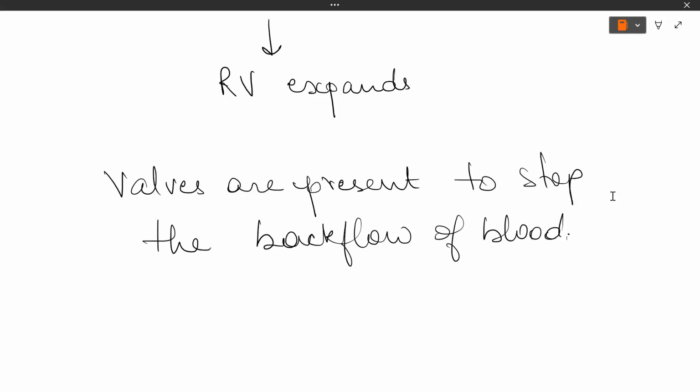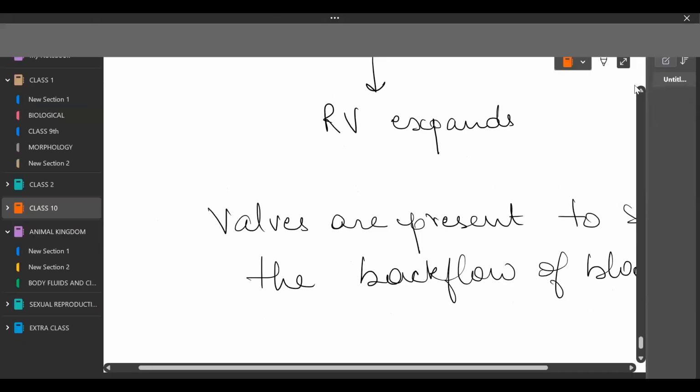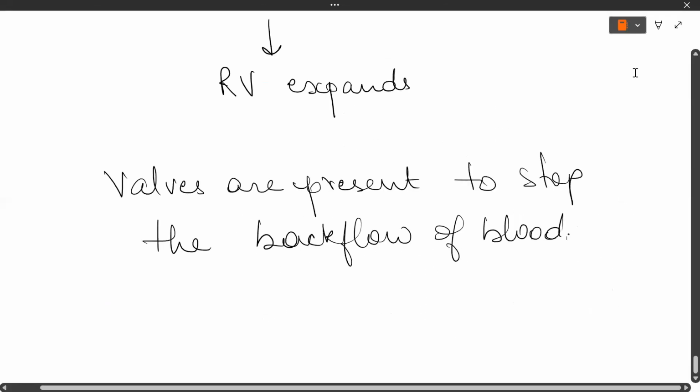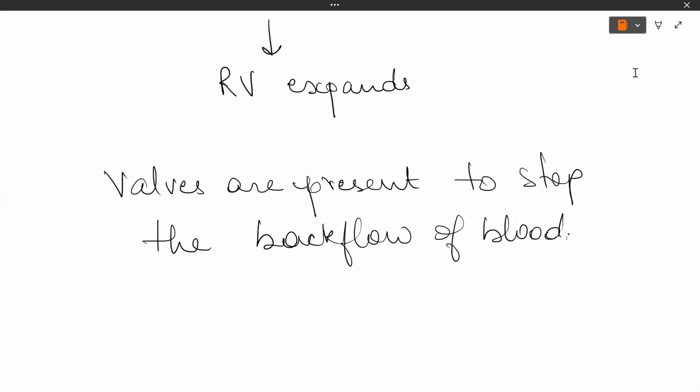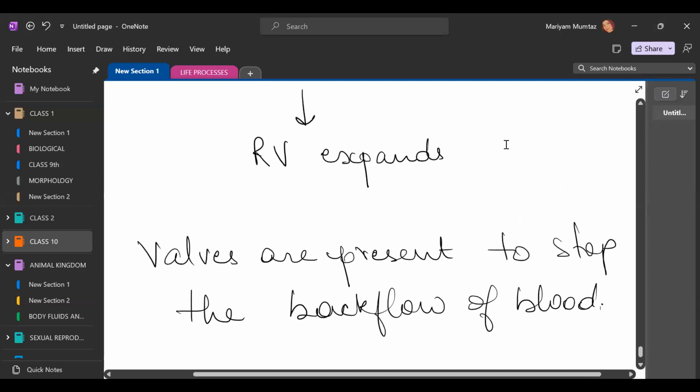Okay. So this is all for today's class. The whole circulatory mechanism we have discussed, the end of digestion we have discussed, and in the next class we'll talk about the vessels of our body and the platelets. So up till now, do you have any doubts? No, ma'am. No doubts. You can go through your book once. If you have any doubts, you can ask me.